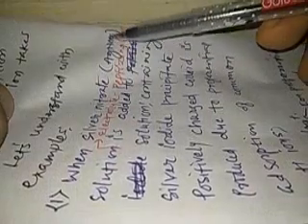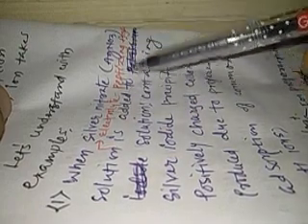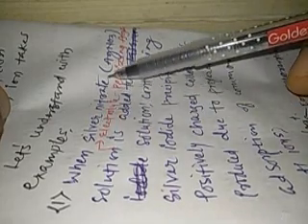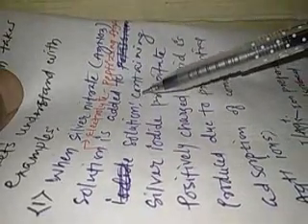When silver nitrate, AgNO3, solution is added as an electrolyte or peptizing agent to a solution containing silver iodide precipitate, this means silver nitrate behaves as an electrolyte or peptizing agent. See, silver iodide and silver nitrate, so silver ion is common, that is why silver ion is preferentially adsorbed and we get the positively charged sol.